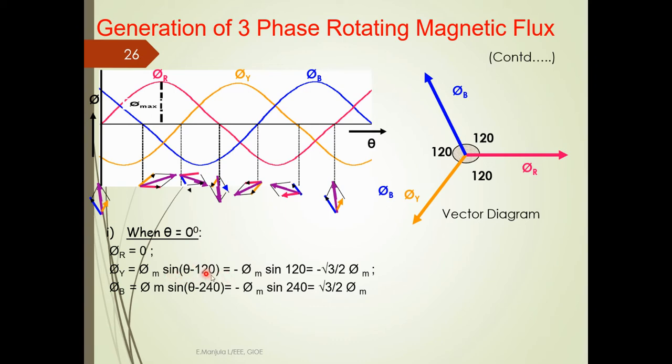Which is equal to sine of minus 120, which is equal to minus phi maximum sine of 120, which is equal to, sine 120 is root 3 by 2, so minus root 3 by 2 phi maximum. And phi B is equal to phi maximum sine of theta minus 240, which is equal to minus phi maximum sine of 240, which is equal to root 3 by 2 phi maximum. So here if we observe, one of the phi values is 0 and the other two, that is,